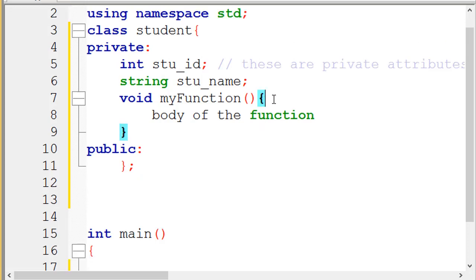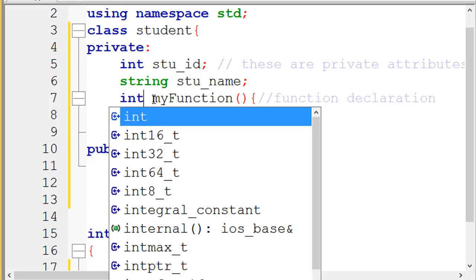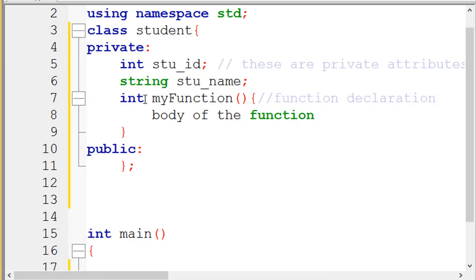So this is basically the function declaration. So what comes under the function declaration? Your function name, right, and the parenthesis. And if your function returns, for example, an integer, then instead of void you will write int, because it returns an int value.